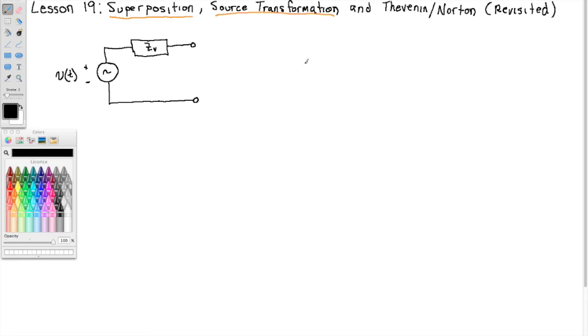And we want to know, can we transform that to a current source? Call this I in parallel with an impedance, call it ZI,